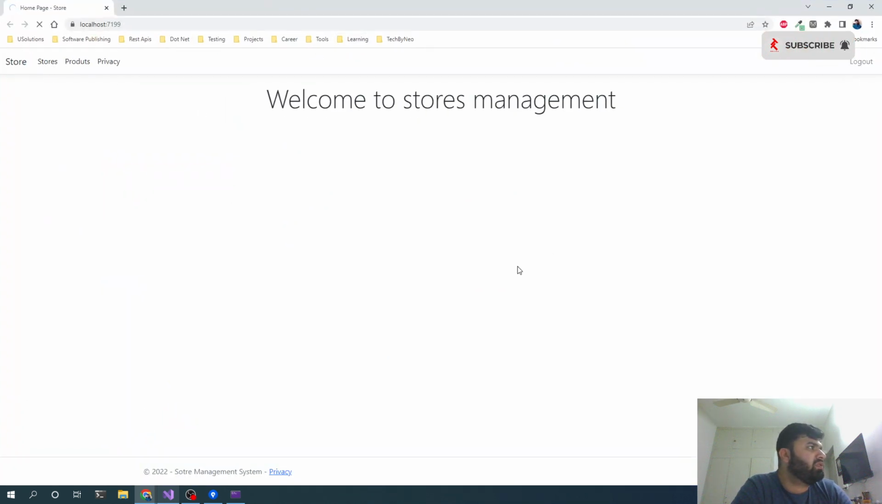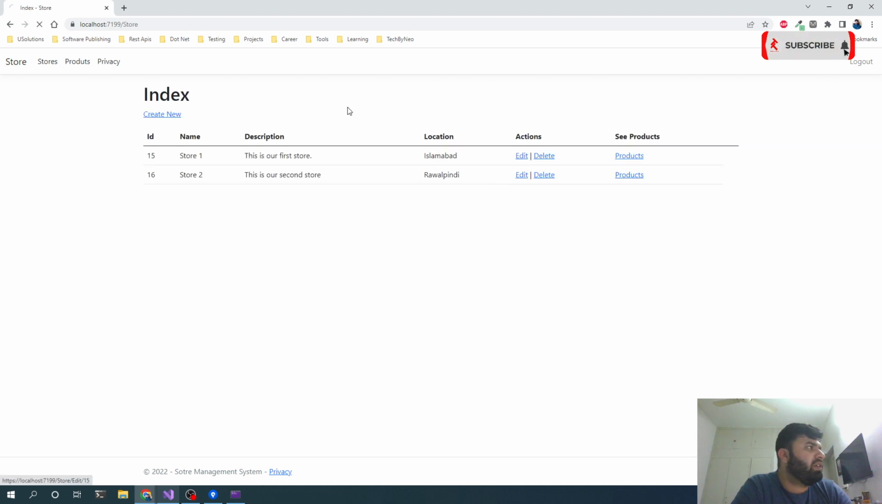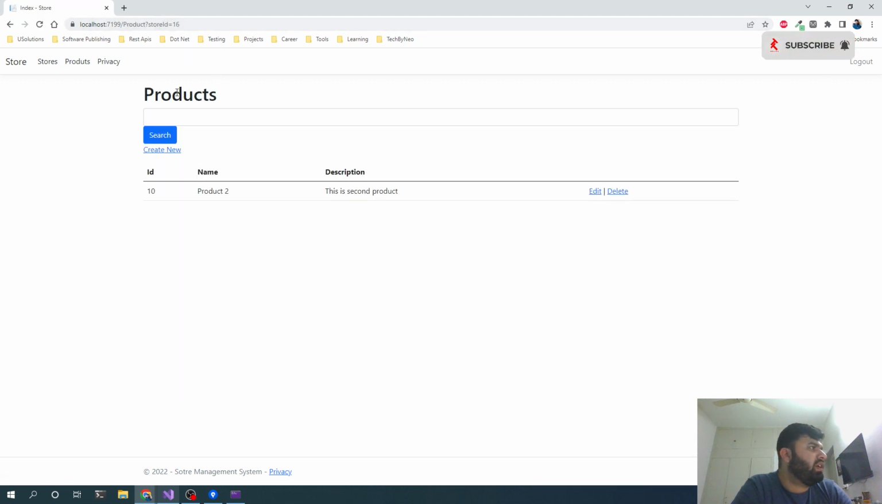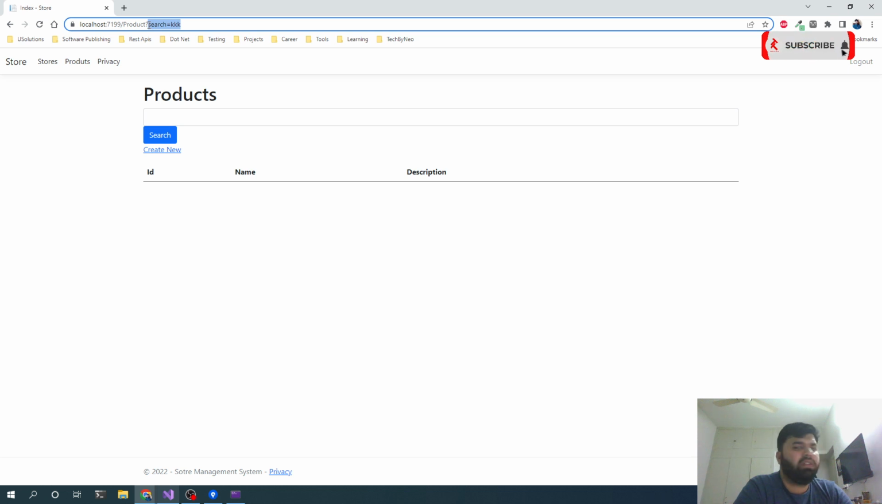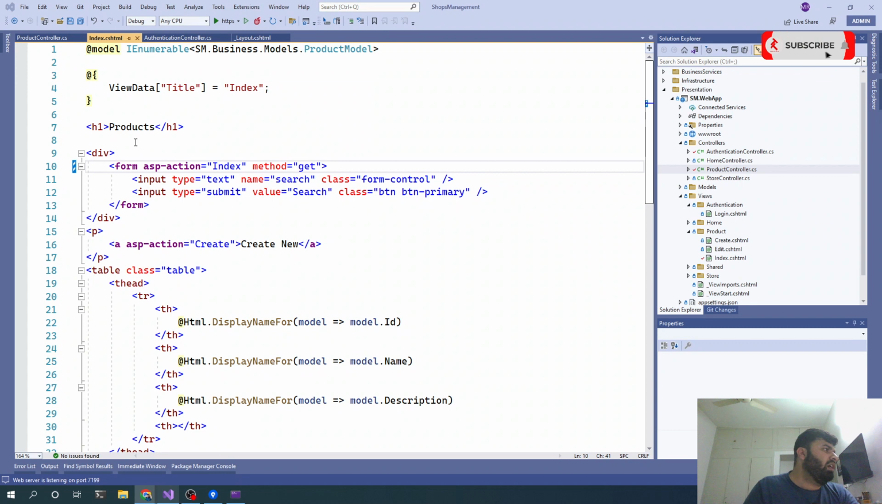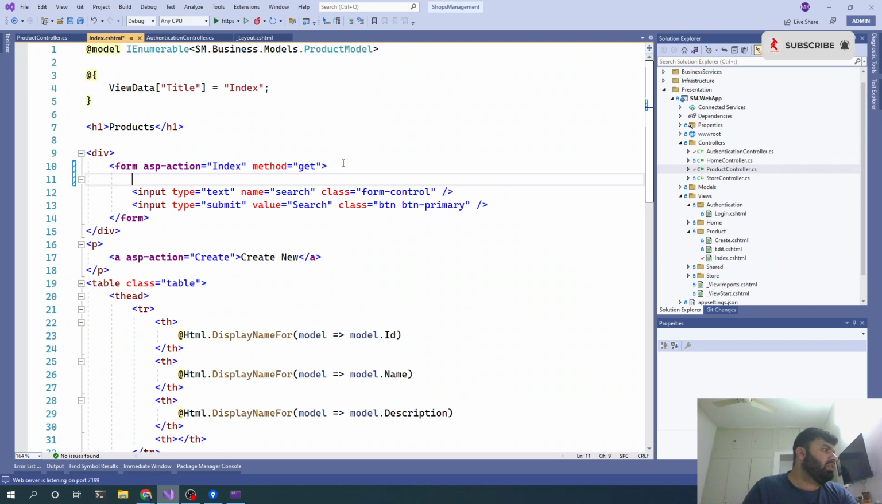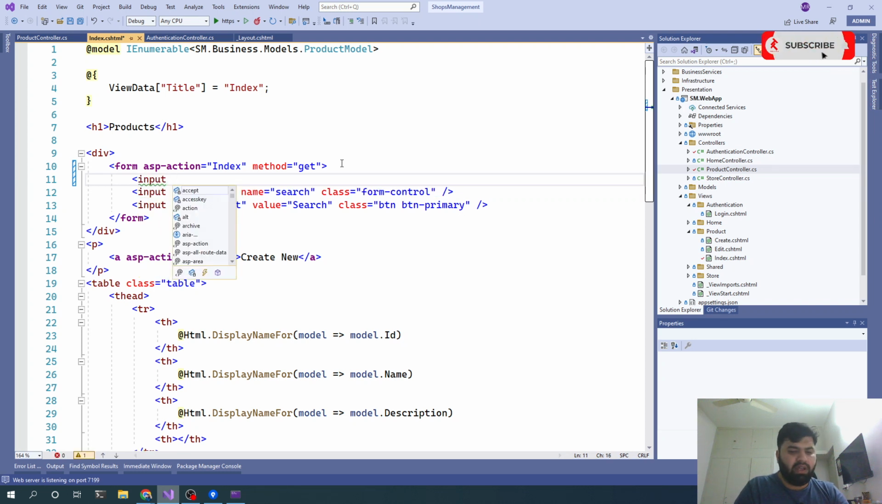So we will go to store products, and let's search something, and we are now passing that value in the query param. That's fine. But the next thing is we are not passing the store ID in that case. So for that one, we will be picking that ViewBag property here. We will be passing it as a hidden field,